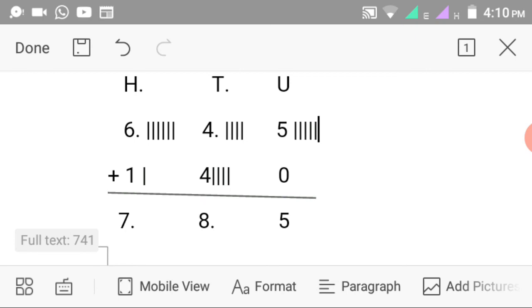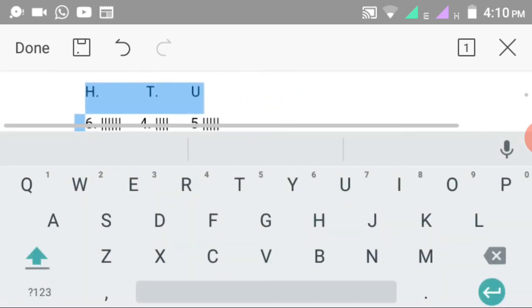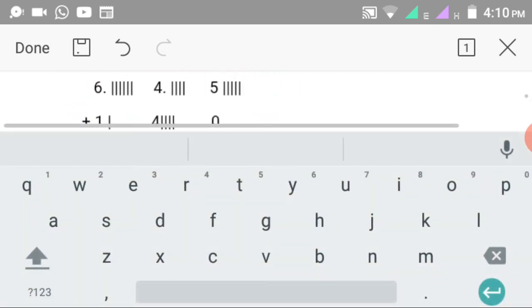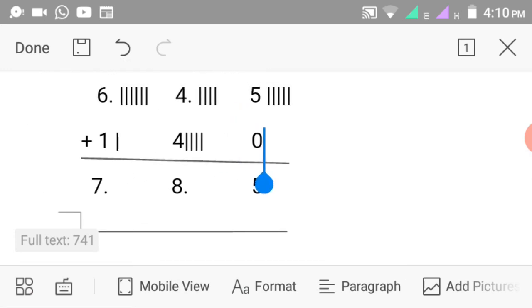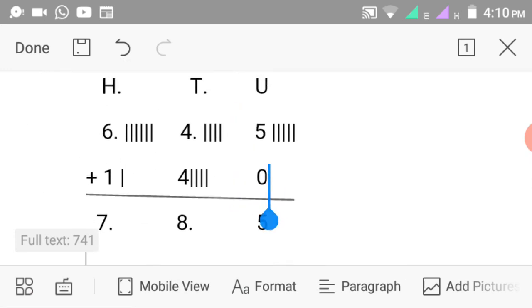Remember I asked you to always remember to put the sign at the back of your figure, so that you can remember whether it's take away or plus. Now, I have my 5 and 0. My 5 plus 0 will give me what? 5, because 0 is nothing. Any number plus 0 is equal to that number, because 0 cannot eat, cannot reproduce, cannot move, cannot jump, it is not a living thing.